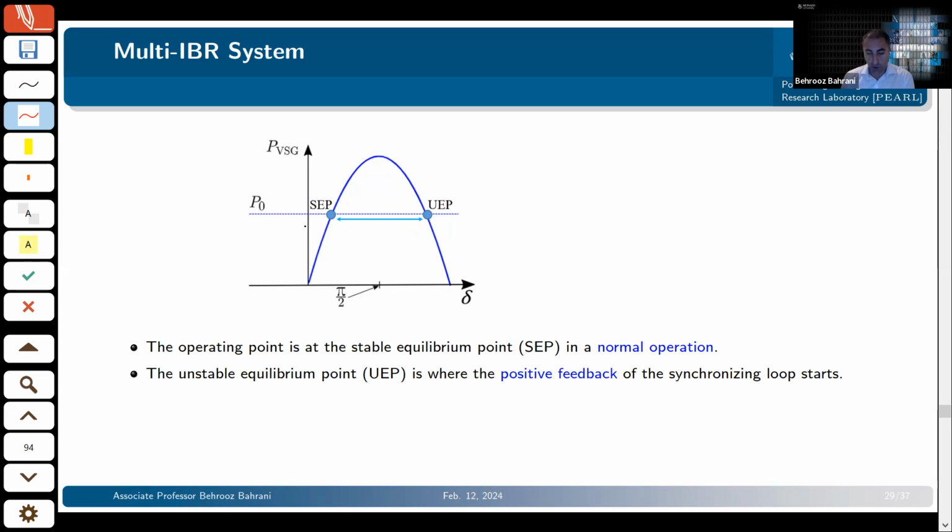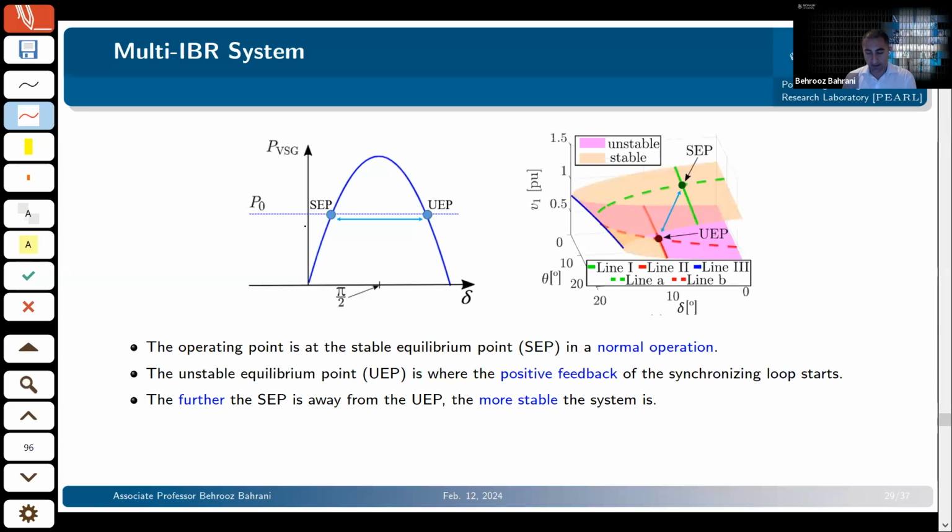So it is useful to know for a given system how large this boundary is, and the larger this distance is, it means that the more stable, well, it's not a good term to say more stable, but the larger this distance is, the higher the chance of remaining stable when a fault happens. Now, we saw that this concept can be actually applied to a pair, grid forming and grid following. The larger the distance between this SEP and UEP in a pair, again, can tell you whether that pair will tolerate a longer fault or not.